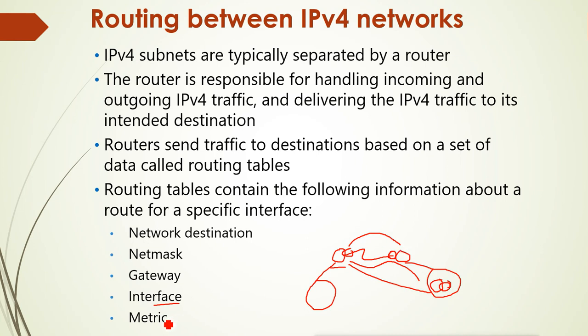And also the metric. The metric is defined by the different routing protocols or even a static route. So when we configure routing on these routers, it defines the metric also. The metric defines how we can reach the other network and how far away it is. If you configure statically, by default the metric will be 1 for the static network. For a connected network, the metric will be 0. This is the default, and then depending on the routing protocol, the metric will differ. That is the information available in the routing table of the router.